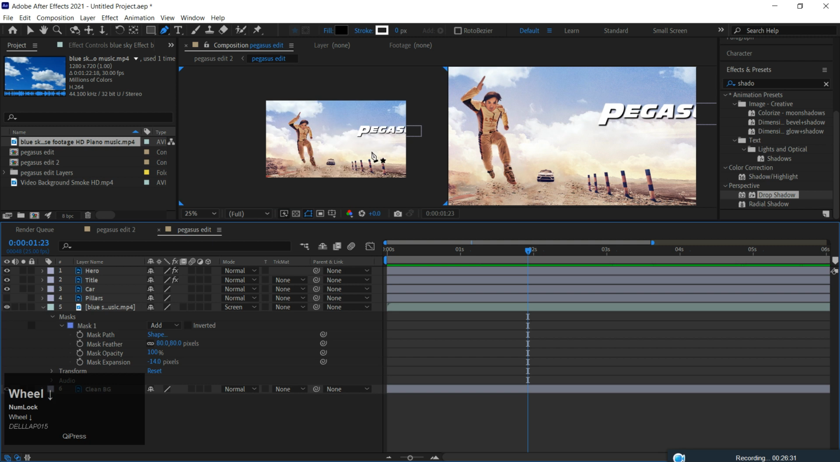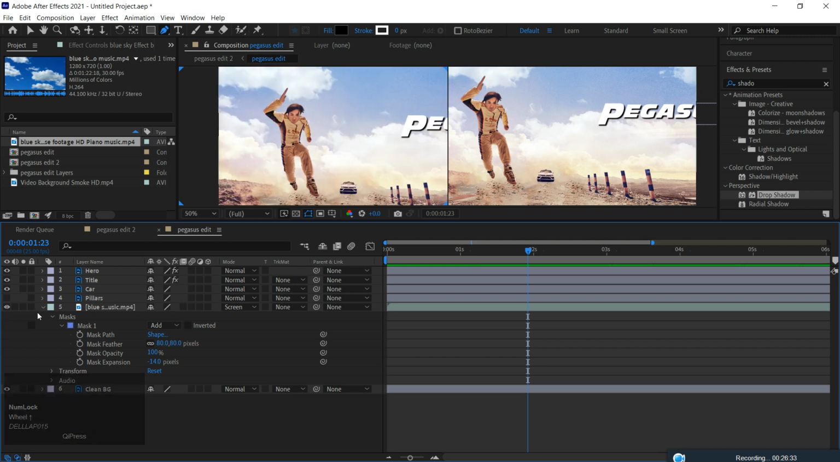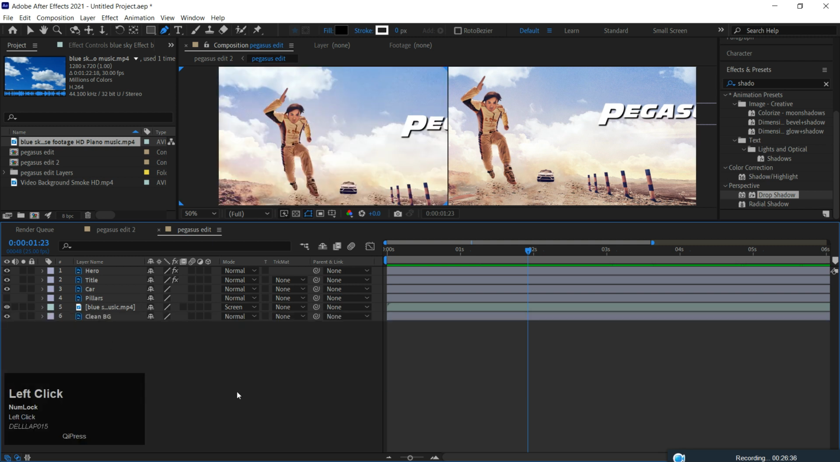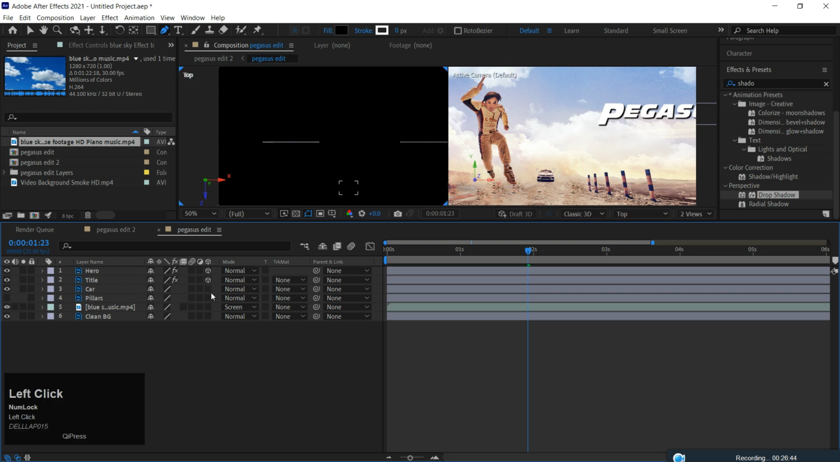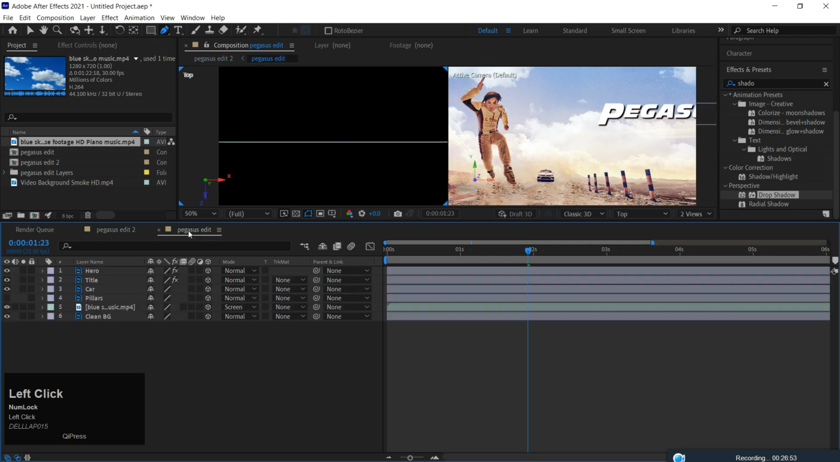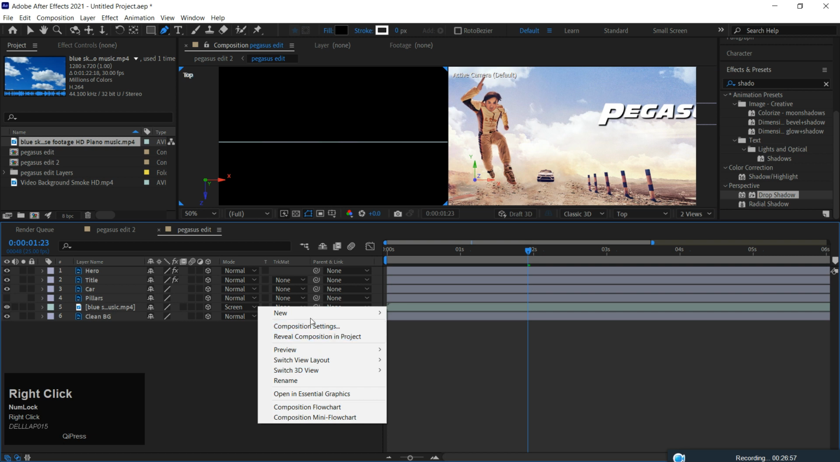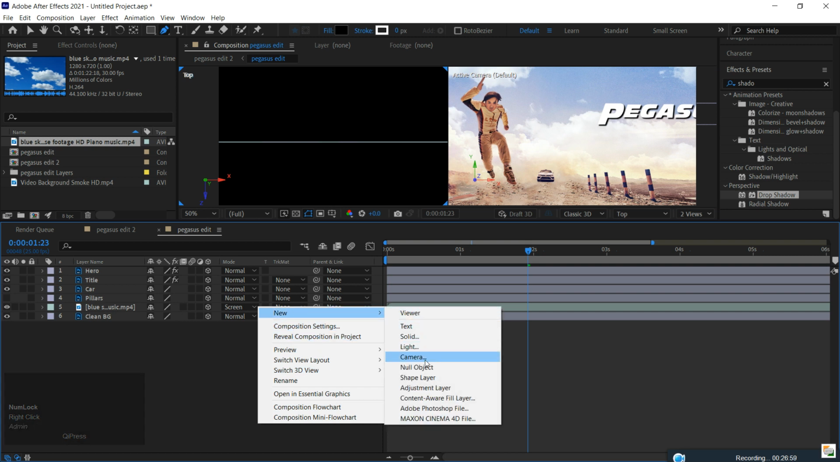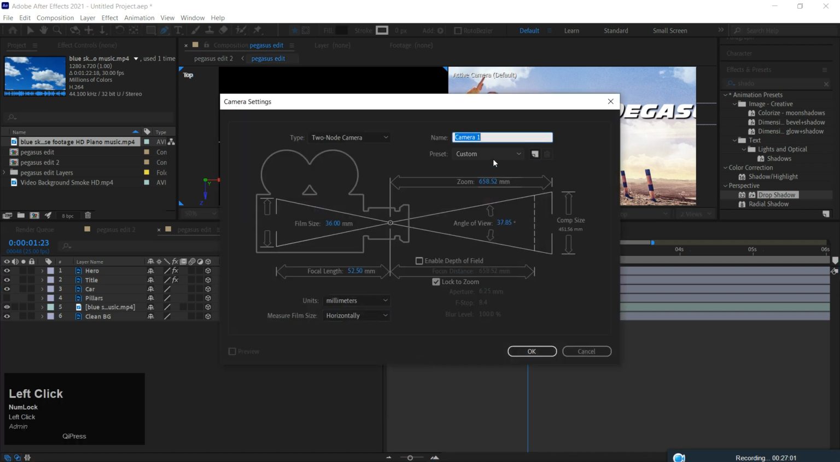Okay, now there is something else that you can do here. Like see, this is a 3D layer. You can just switch on and make this as 3D layers. Okay, come to Pegasus edit. This is the edit one, this is the final one. I have made all these as 3D layers. I can just create a camera with